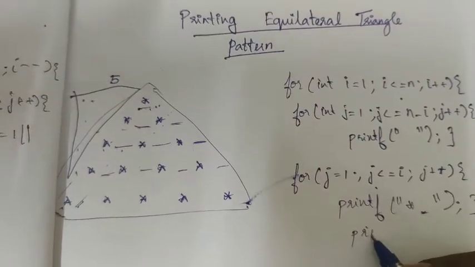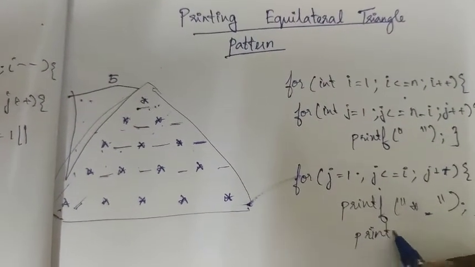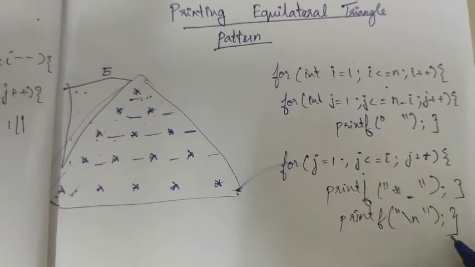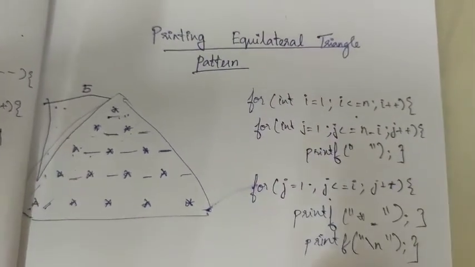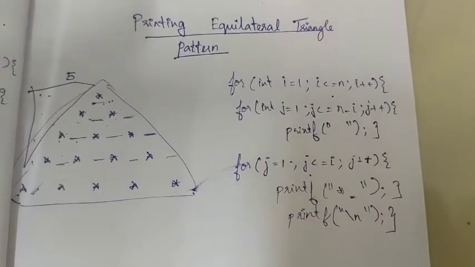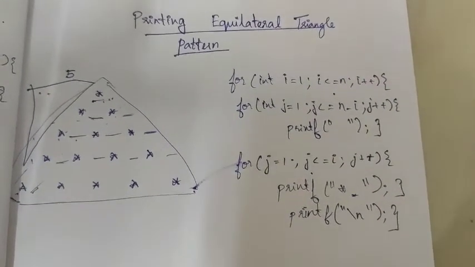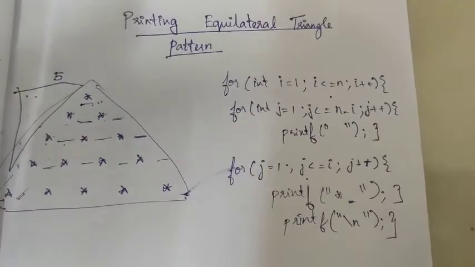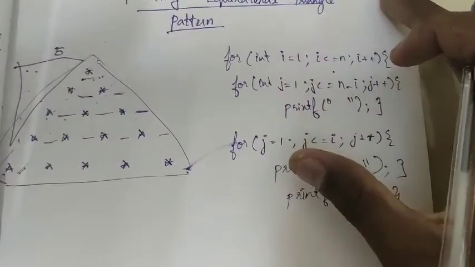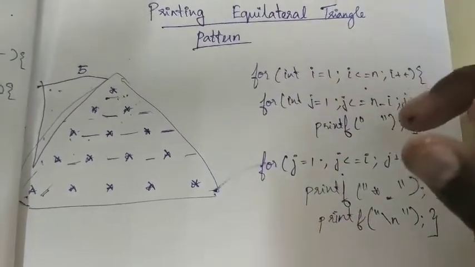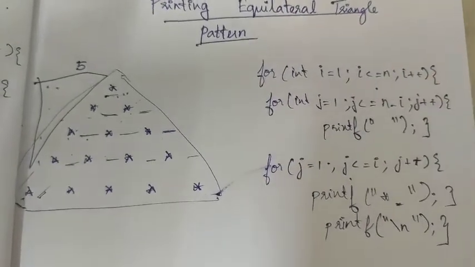And I am going to print a new line for this, and I am going to end the for loop. And please note this down, in the previous video I didn't include the new line, so please make a note of that new line alone. And we have implemented 2 important pattern programs today, and I hope you understood. Thank you.